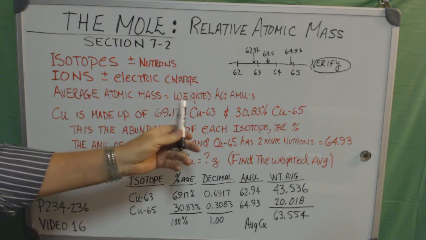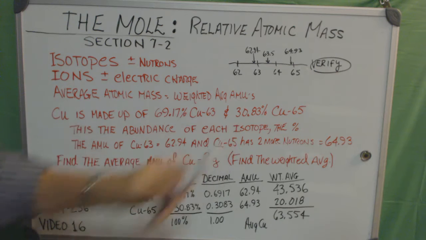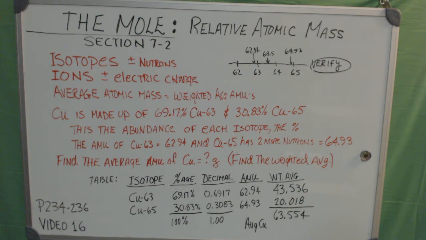That equals the weighted average of AMUs. The AMUs, you recall, are the weights, the number of grams per mole of each atom. And on the periodic table it is generally a weighted average of the various isotopes of that atom. Okay. So if we have a problem